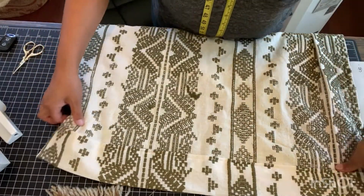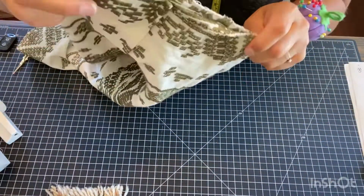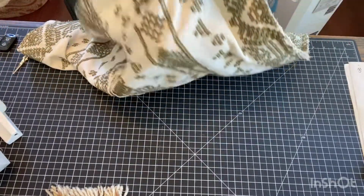The hem is finished. This is what it looks like close up. This is what my side split looks like. Let's turn it inside out to